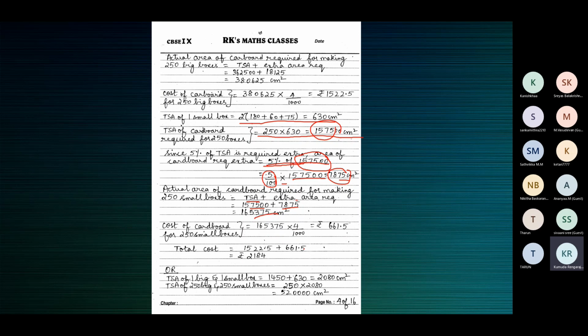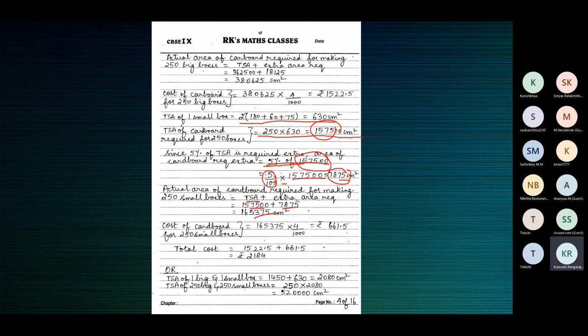You're making bigger and smaller boxes using the same variety of cardboard. So the rate is the same for both because it's the same cardboard, the same quality for small and big boxes. Just that the boxes are small and big. The rate is the same. So 4 into 4 by 100,000. And then the total cost: add the two to find the total cost.